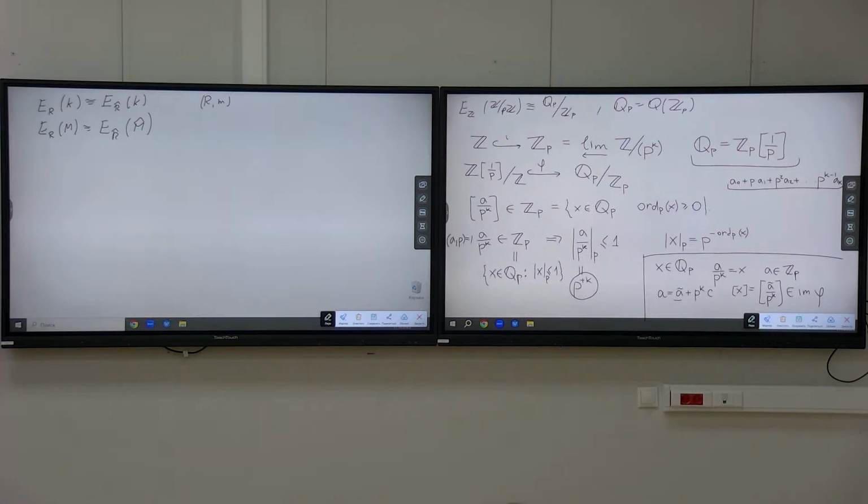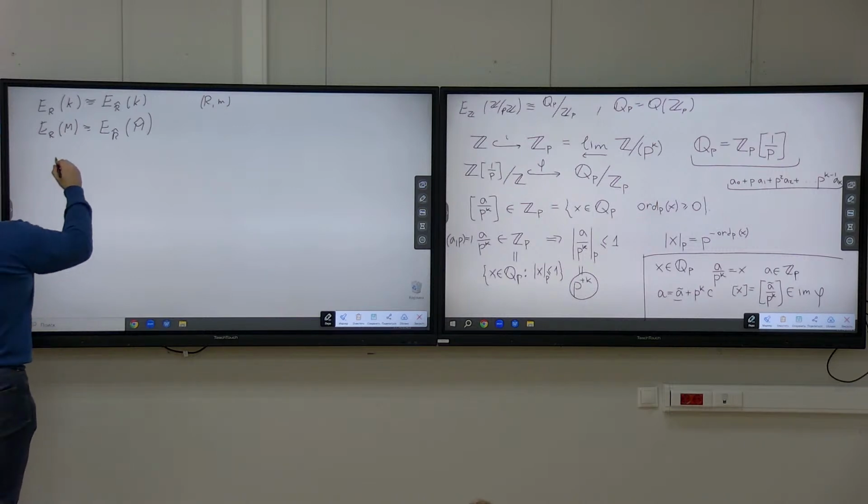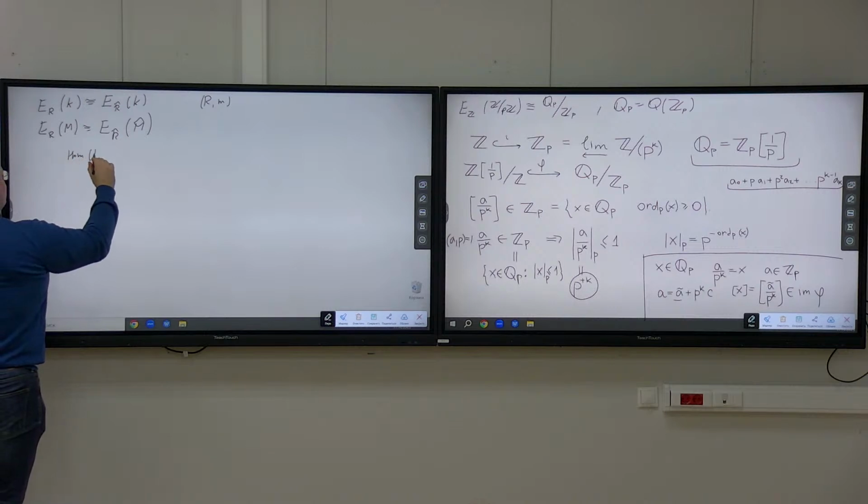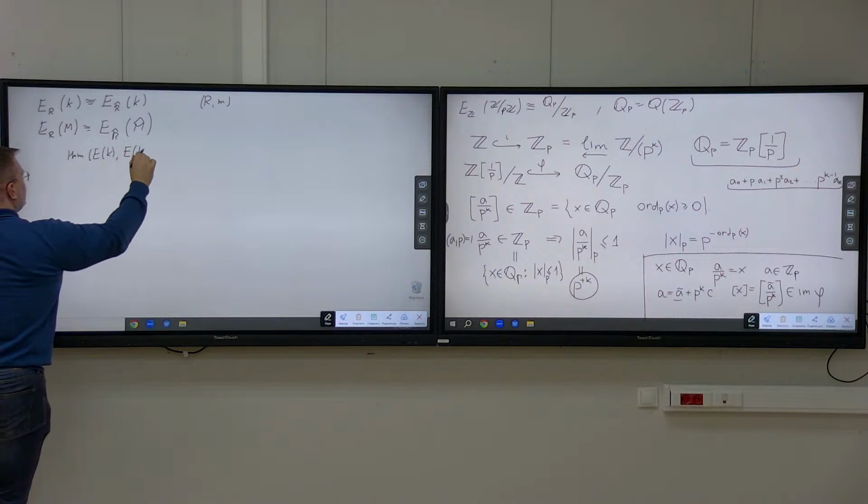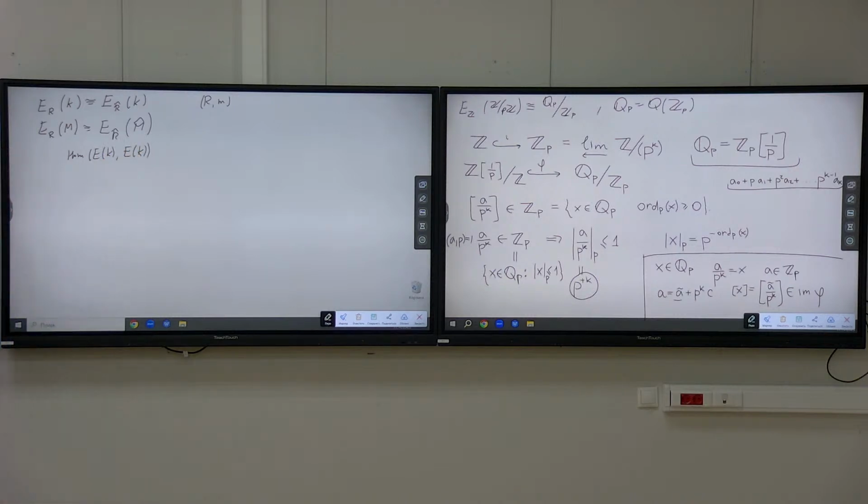Yeah, I think it's true. But anyway, this is not what we need for the problem. So you can try to prove this as a separate exercise. And actually, I think it more or less immediately follows from the following observation. What if you take the Hom from the injective hull of the K to the injective hull, such a priori